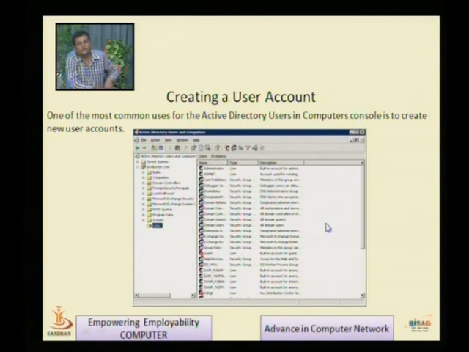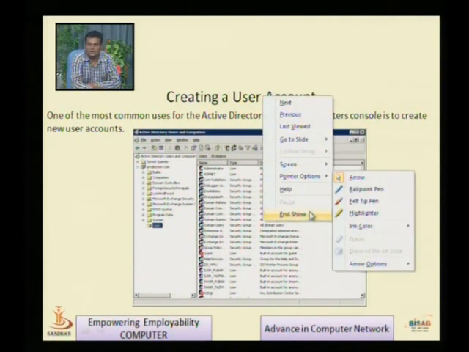Here all the user database information is available in your Active Directory. There are some built-in users like Administrator and Guest, and different users are available that are automatically created during Active Directory installation time. But you can create your own user by right clicking on this area. Look at my mouse pointer, right click on this area.